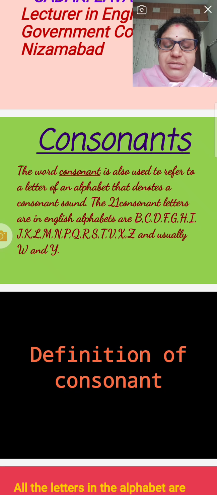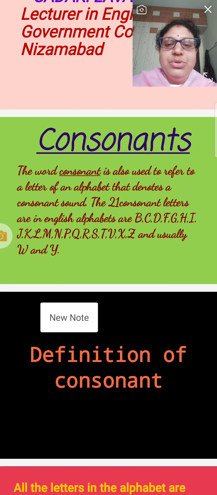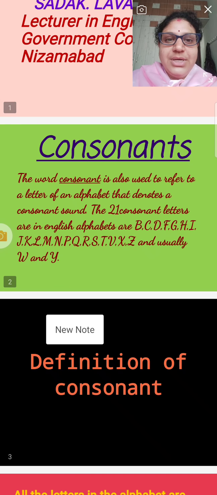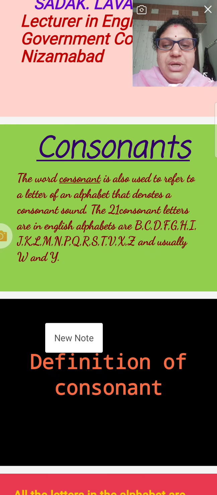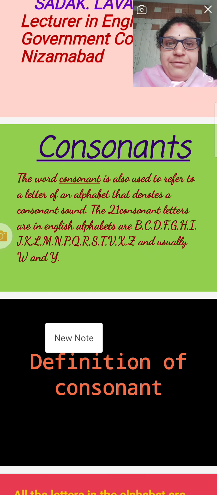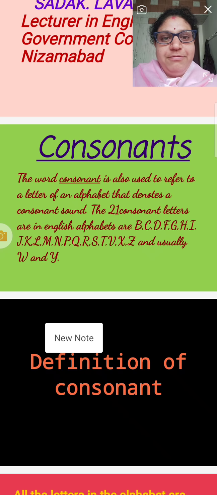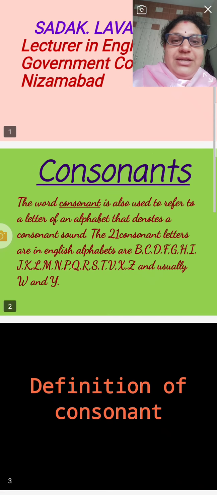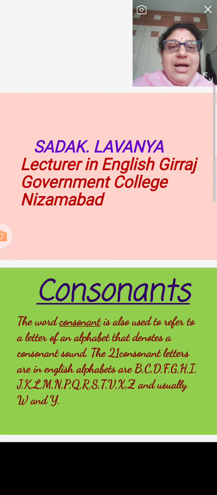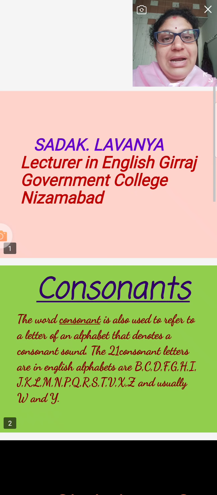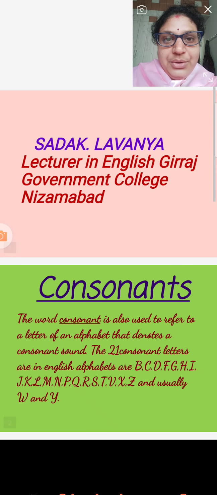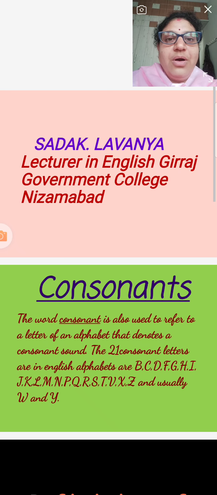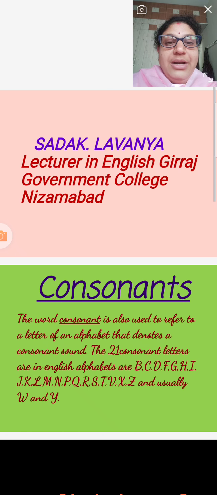Consonants: take one letter as an example. Suppose you take the F. We are going to see the F sound. When you spell F as an individual alphabet, you say it as F. But when you add letters to the F, then it becomes the f sound, not the letter name. Fan, fun, fellow.